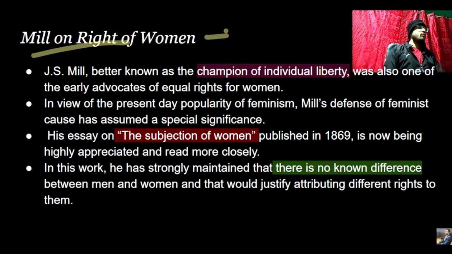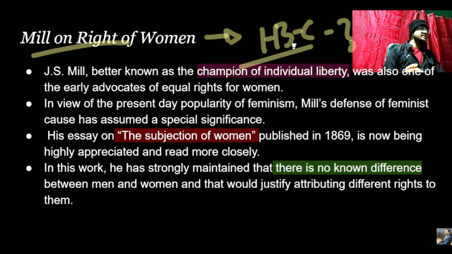One thing I want to bring to your notice is that the entire lecture is structured in the format of introduction, body, and conclusion. Why this? You might have this question, sir, why do we have this structure? The basic idea is that in the exam, if you attempt your answer in this particular format of IBC, that is introduction, body, and conclusion, it is